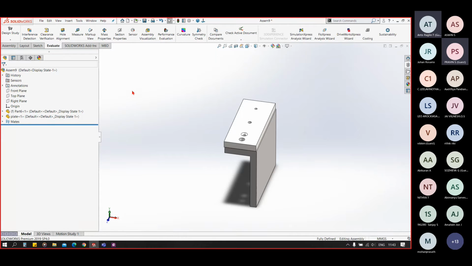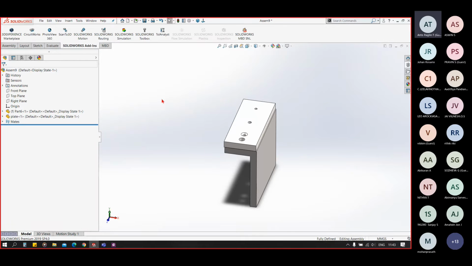These other tools, Simulation Xpress, Flow Xpress, are not in our syllabus, so we'll not focus on them. We have only done this type of commands. Now in SolidWorks you have different types of add-ins. In the add-ins you have PhotoView 360. You can render your parts using that. You have 3D scanning, motion, CircuitWorks used in electronics, routing, simulation, and Toolbox. We will be seeing Toolbox in our next 15 minutes. Out of these add-ins, we will only see the Toolbox add-in, and if we have more time in our session number 10, we will see PhotoView 360.